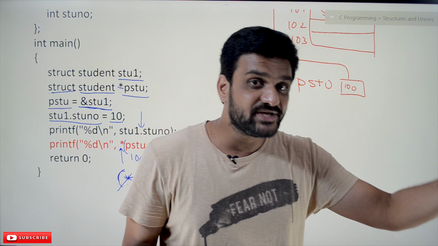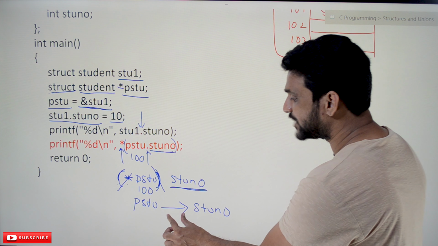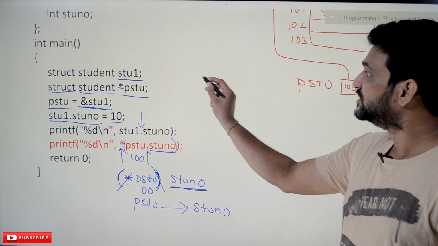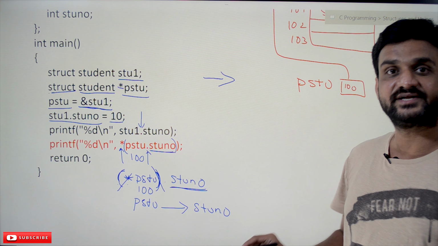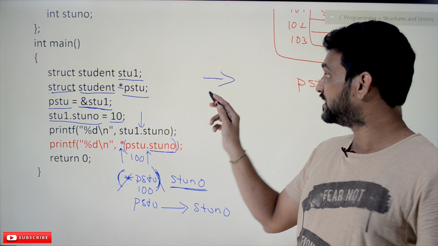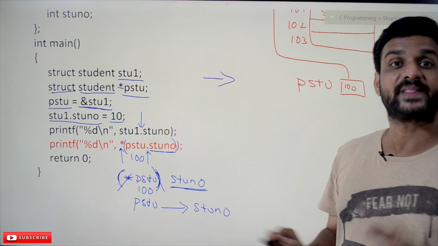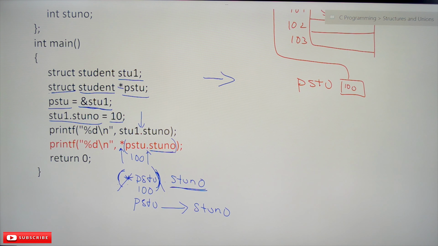Okay, so let's try to execute the same example and see how the errors are getting generated, and how this operator works. Do we have this arrow mark symbol on our keyboard? No, we don't have the symbol. First we have to give the hyphen, and after that the greater than symbol. It looks like the arrow mark, and the compiler will consider this as an arrow. So let's execute this and see how the output will get generated.